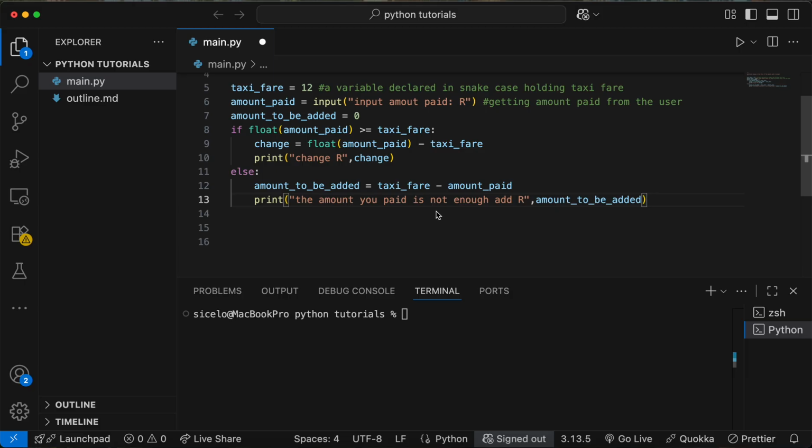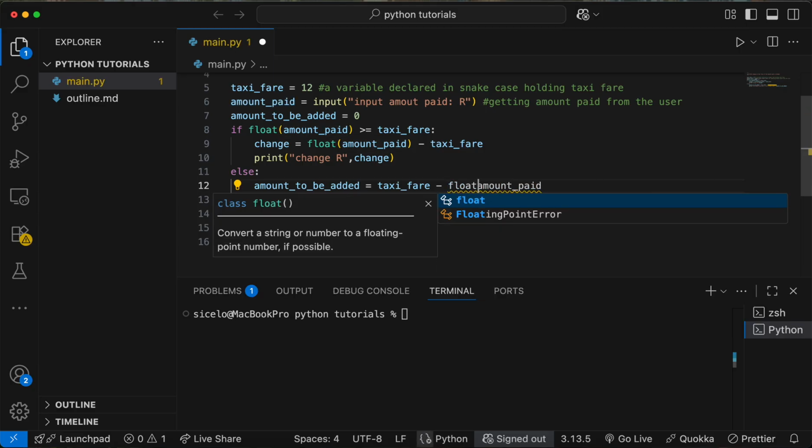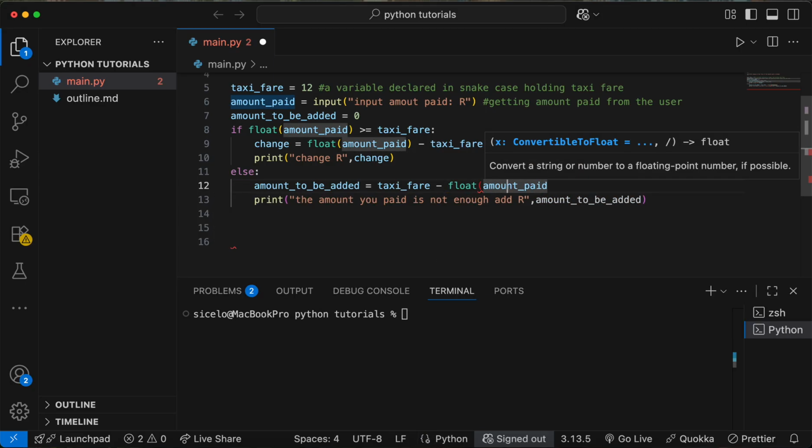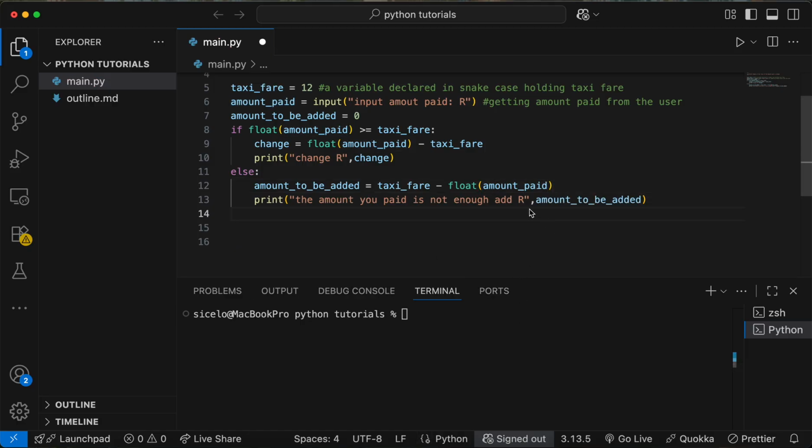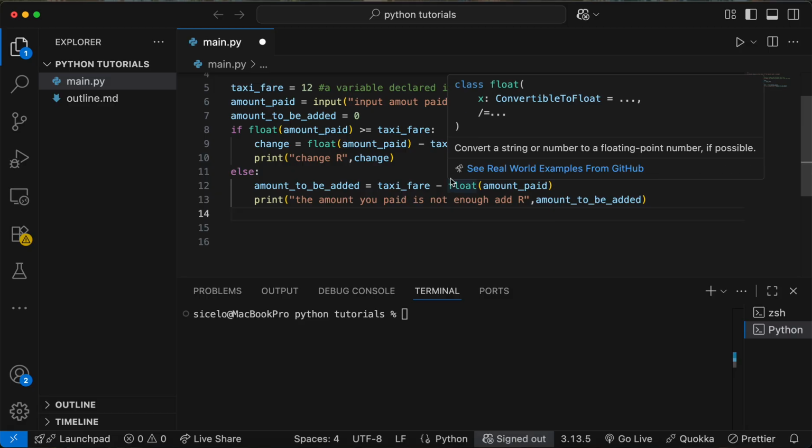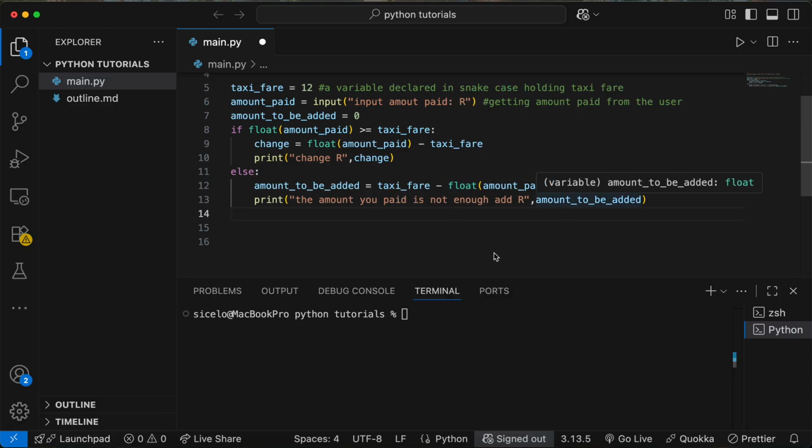So what we are going to do now is fix the issue that every money that comes from the user must be a float here, because the user will give us a string and we don't want a string. From the keyboard we always get a string. We want a float, so as to be able to calculate the money. So now when we run our program,